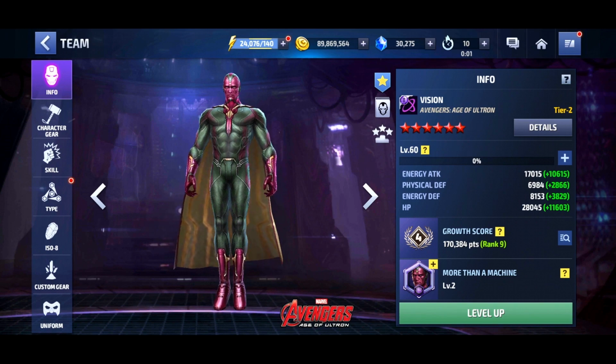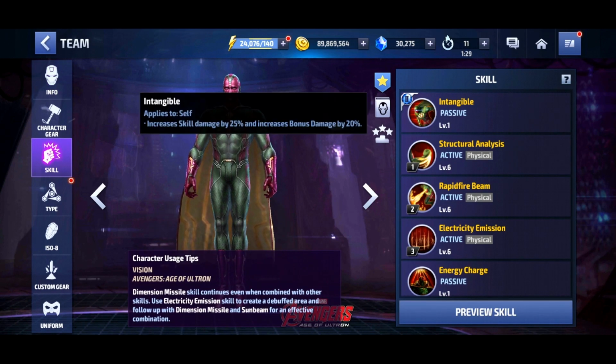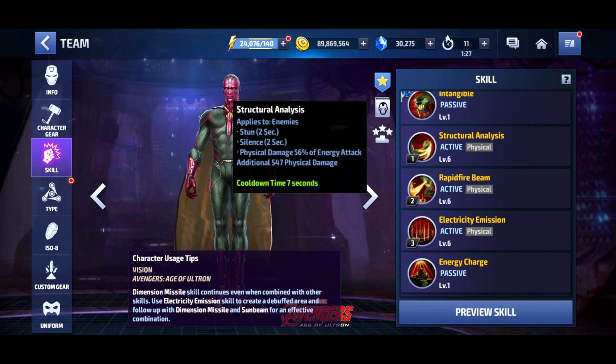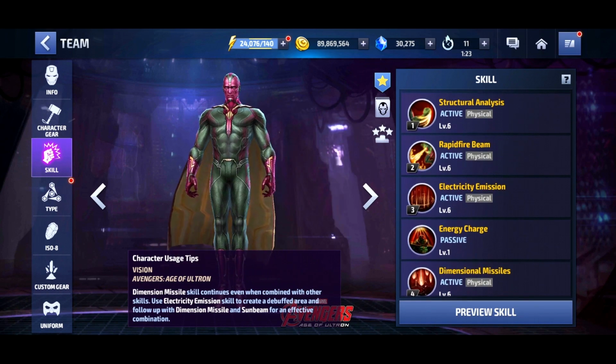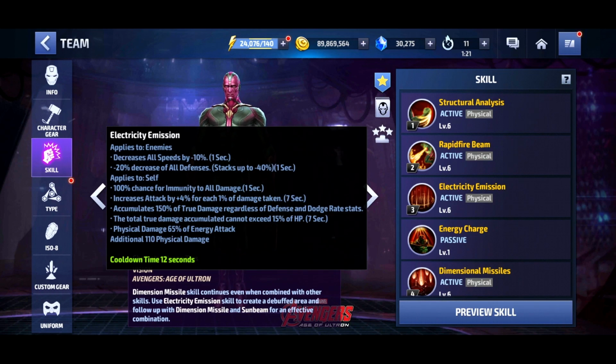So let's take a look here at the skills. His passive hasn't changed. His first skill now has a stun and silence. Second skill now has some burn damage. And his third skill here gets a little bit more going on for it. It has decrease all speed, decrease all defense. Again, those are just flat values that are going to apply to general enemies, not going to apply to world bosses or in GBR or anything like that. And then down there, he has some damage accumulation, which is really nice, and 1 second of all damage immune,